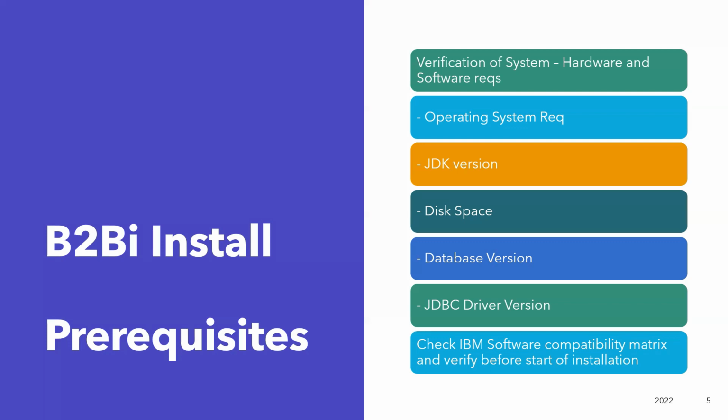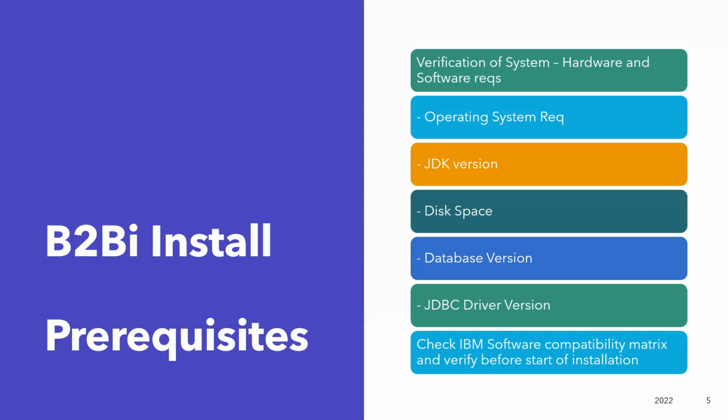As I mentioned, for the verification part, you need to check whether the hardware and software minimum system requirements are met before you even start installation. If you search in Google, there is a specific resource available. You can search for what I've mentioned here, the IBM software compatibility matrix, right? If you type that and click on it, it will take you to an IBM provided link